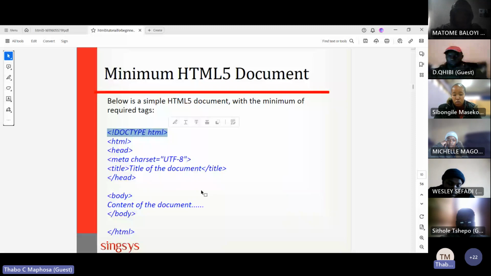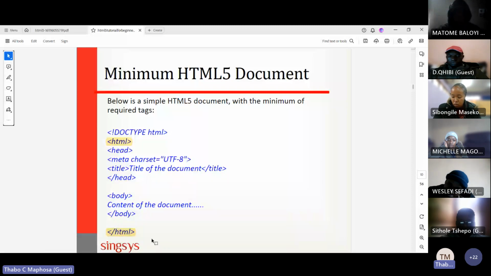One of the most important things you need to understand is that each and every tag that you open, like the very first HTML tag here, needs to be closed. I'll use different colors to show this. Once you open it, it has to be closed.